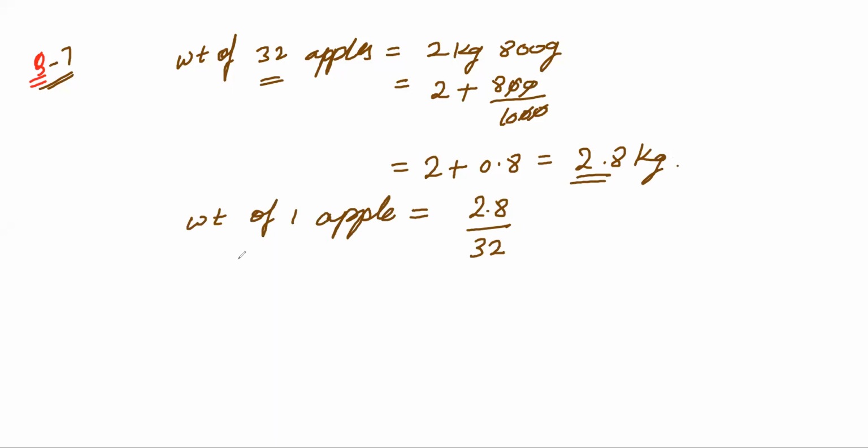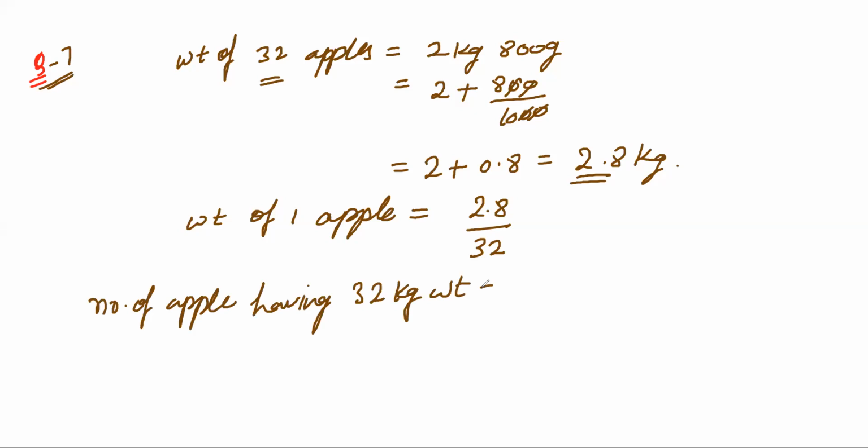So number of apples having 35 kilogram weight is equal to, what you are going to do, you are going to divide 35 by